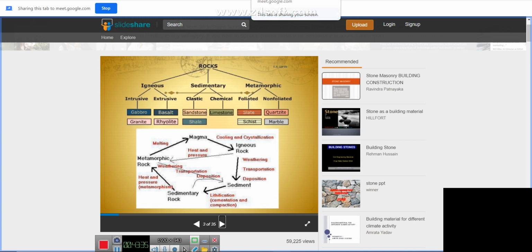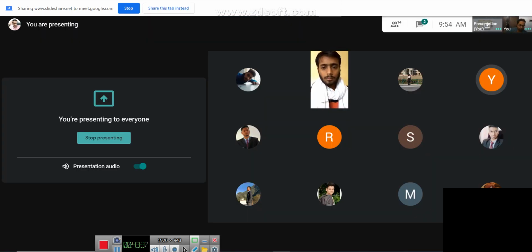After deposition, once the particles are deposited at a place, after many years the deposited particles will get solidified at that particular location. They will be joined together and form a rock-like mass. Such rock is known as a sedimentary rock. So igneous rock is clear, sedimentary rock is clear.